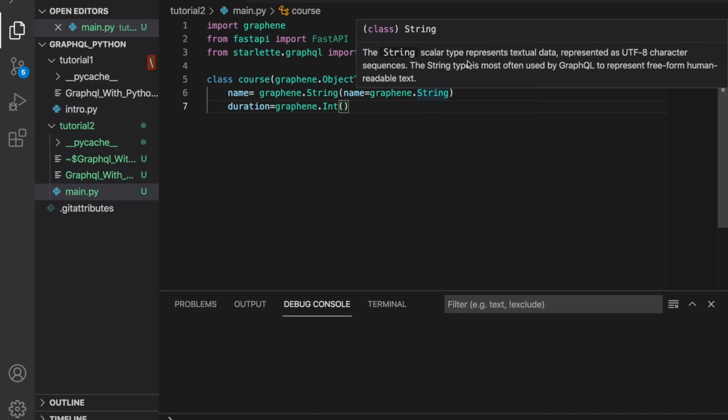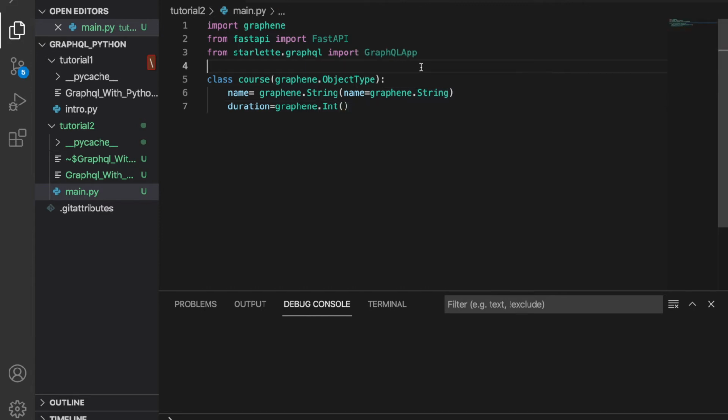I was planning to fetch some value from somewhere else and put it over here, but that would create some problem, so I don't want to do that.